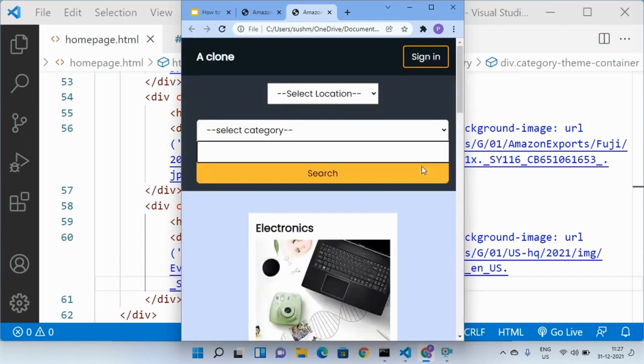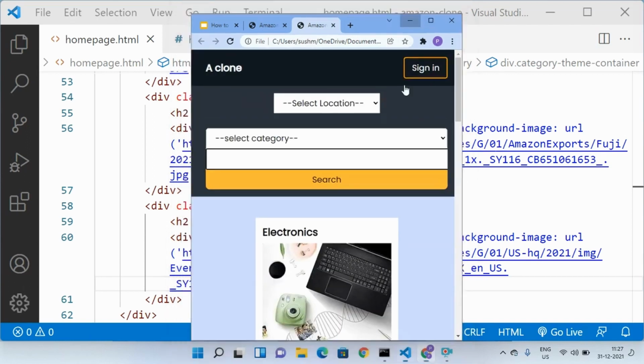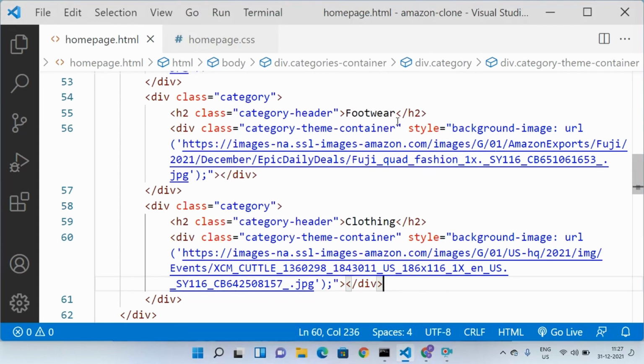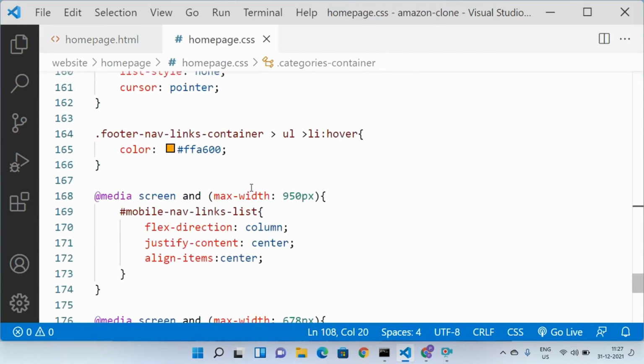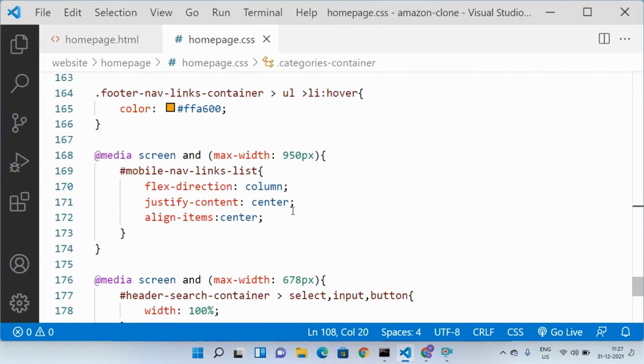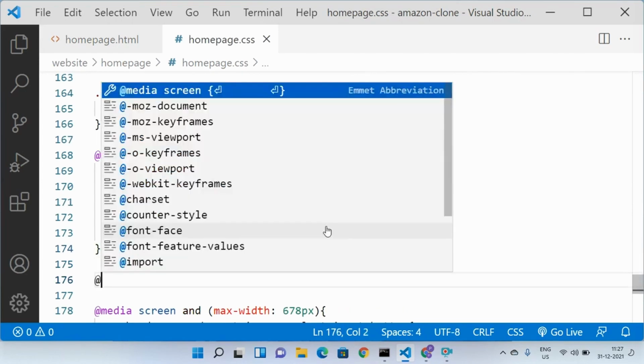So let us increase its width on smaller screens. Let us go to the CSS file, let us go to the end, and after 950 pixel, let us create one more media query.